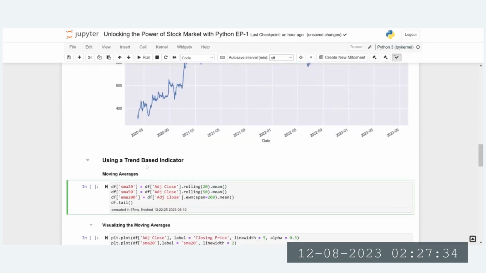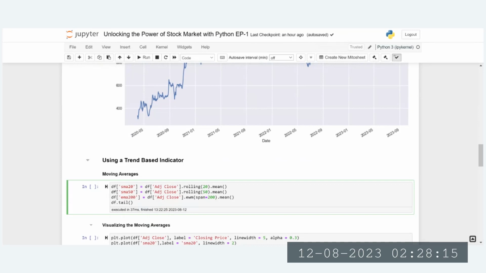So for a trend based indicator, we are just going to use a simple moving average, or we can also look at an exponential moving average, right? The difference between a simple and exponential moving average is that a simple moving average is giving equal weight to all the time periods involved. So let's suppose I'm calculating a simple moving average of the last 20 days. For the last 20 days, I'm giving all of the prices an equal weight, 5% weight to each of the values. But when we talk about an exponential moving average, it is about giving a higher weight to the most recent observation and a lower weight to the past observations,